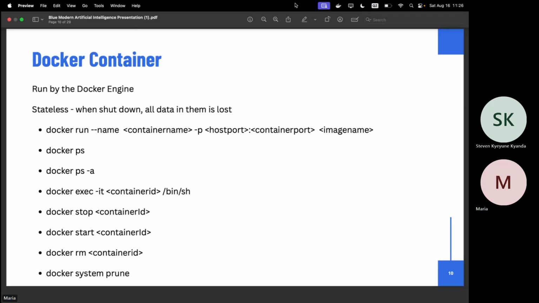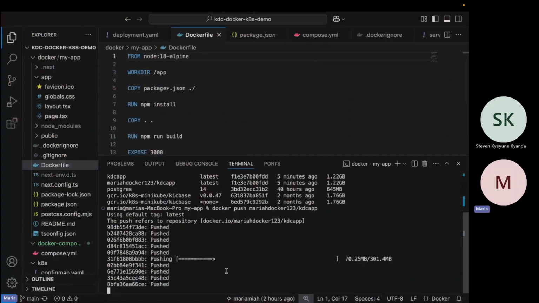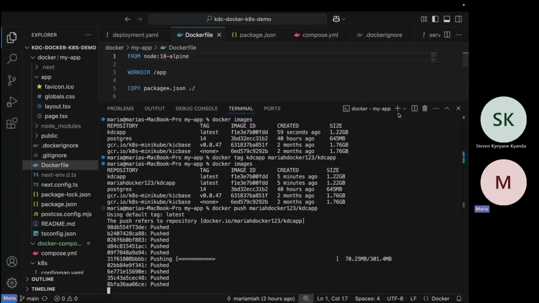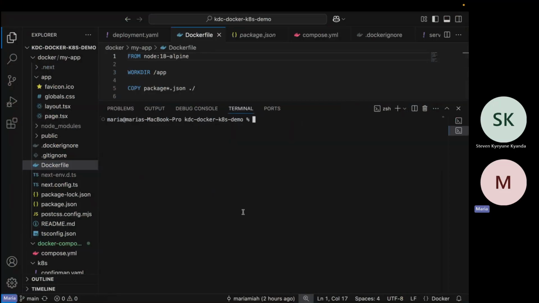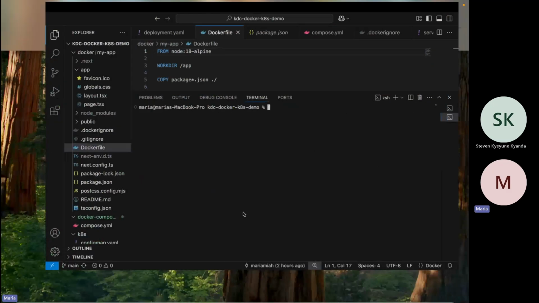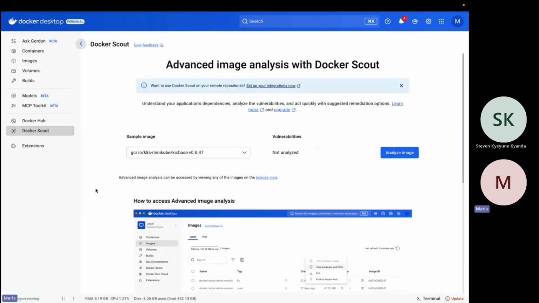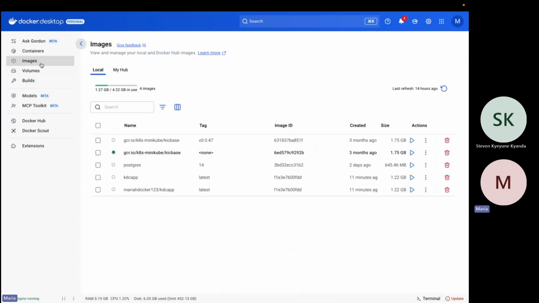So let's check if our image is done. Okay, it's still running. As it's still running, we can try to create a Docker container locally. Or before that, we can go to the Docker Desktop to show you how the image already exists here.